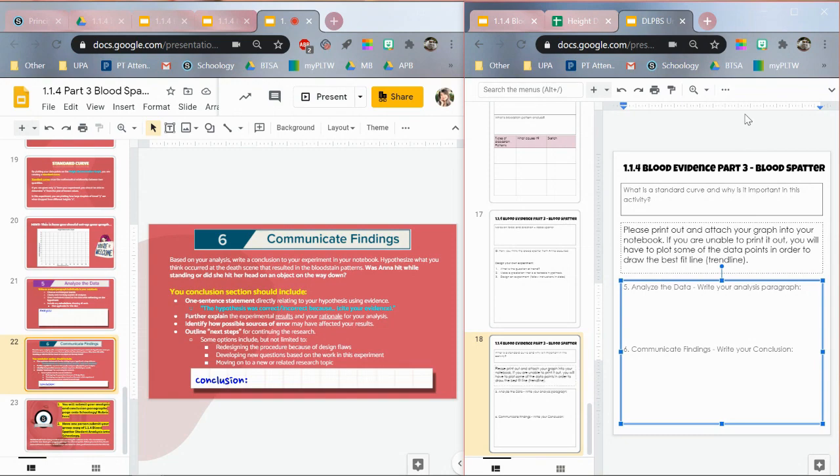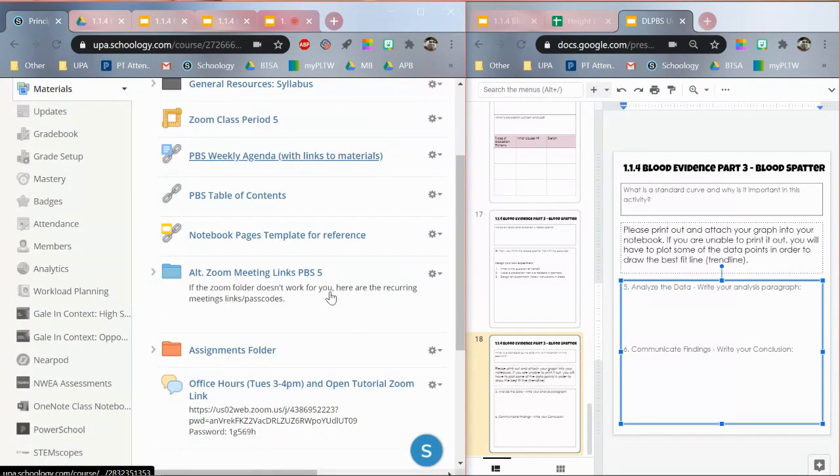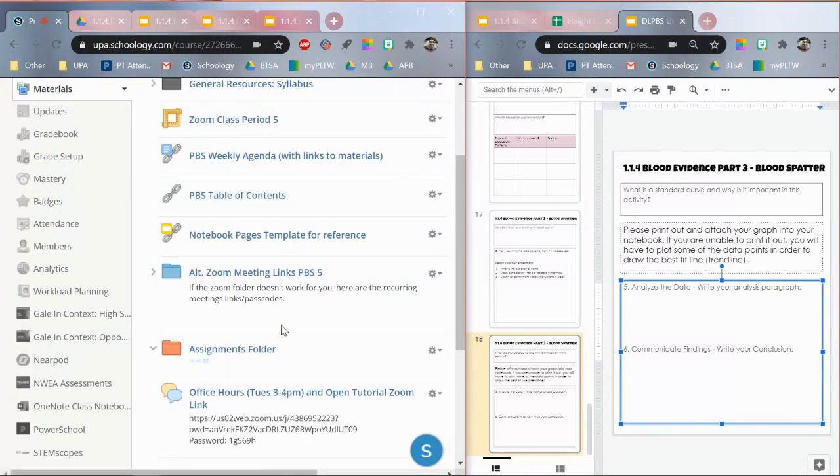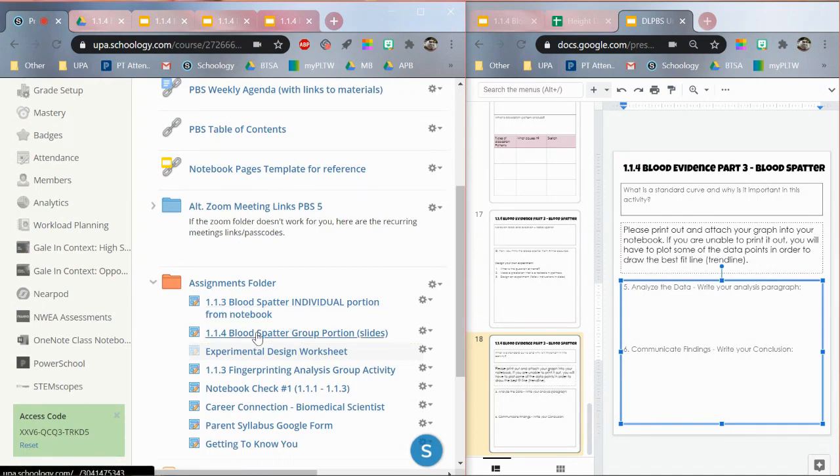And I'm going to have students take a picture. So what I have here, let's see my assignments. So I have a group portion here and an individual portion here. They're going to be submitting their group portion onto Schoology. Just one person will be uploading their group portion, and then each individual will then take a picture of this